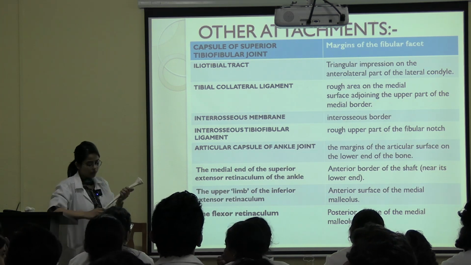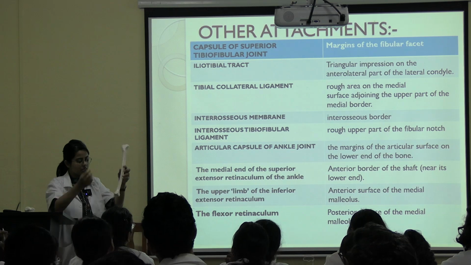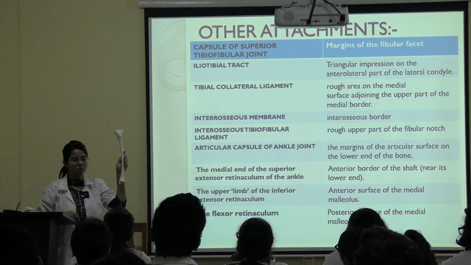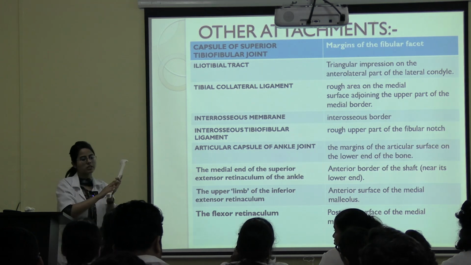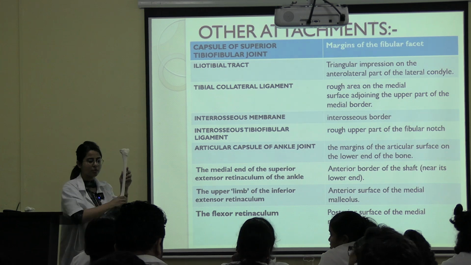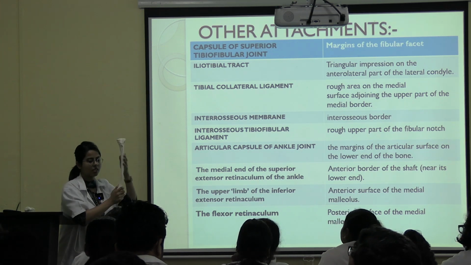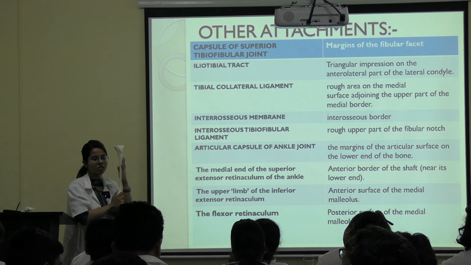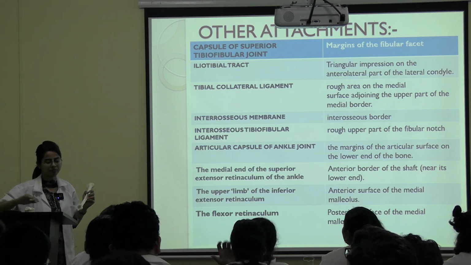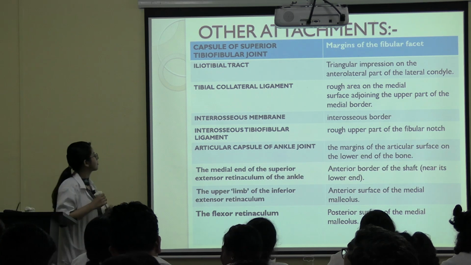Okay, so where will the interosseous membrane be present? On the lateral border. Medially there is none, it will not connect with any bone medially. Laterally it will connect with the fibula. That's why the lateral border has that interosseous area. That is why it's also known as the interosseous border: between bones.